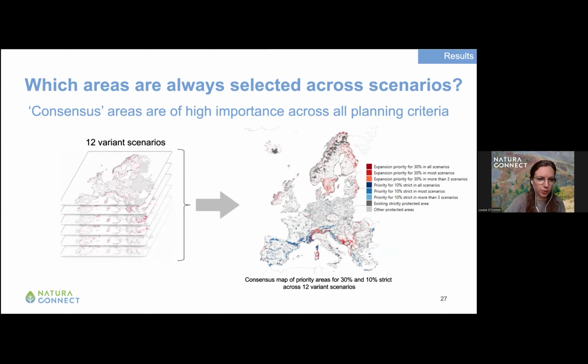And so this is another of the maps that you will see in the platform online, where blue areas represent priorities for strict protection, red areas for 30% conservation, and with shades and a color gradient that shows the level of consensus between different scenarios. And so the darker areas kind of represent more safe bet areas for expansion, because they consistently have high value across all scenarios. Next, please.